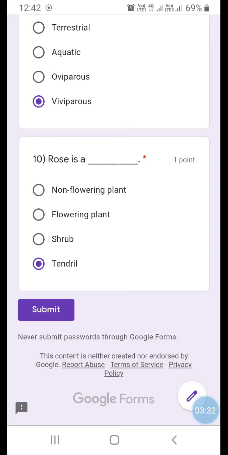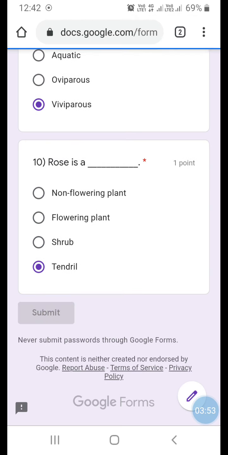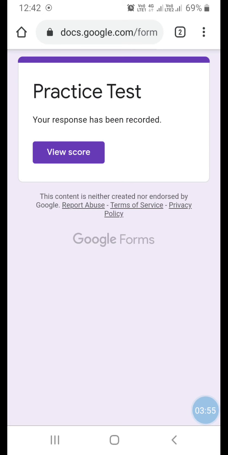You cannot fill it again and again. You can fill it only once. So see that whatever you are writing, whatever you are filling, the answers are all correct. You cannot make any corrections into it later. As it is test, some settings are made so that you can fill the form only once. Okay, after you finish, click on submit. Then once you finish, you click on submit.